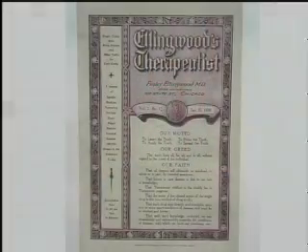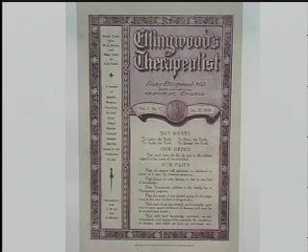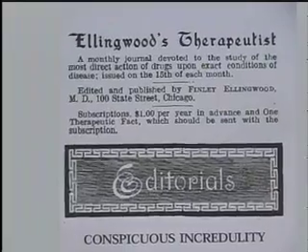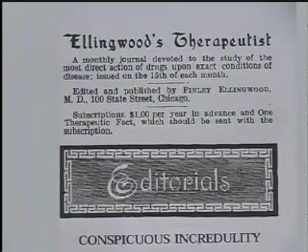Well, Finley Ellingwood wrote his first Materia Medica in the late 19th century, about the time that Felter and Lloyd were revising King's American Dispensatory. And Ellingwood also ran a publication called Ellingwood's Therapeutist. That was an eclectic periodical which served as a kind of clearinghouse for eclectic medical doctors to express their clinical opinions on different botanical remedies. And so he would accumulate these and report them in his periodical.